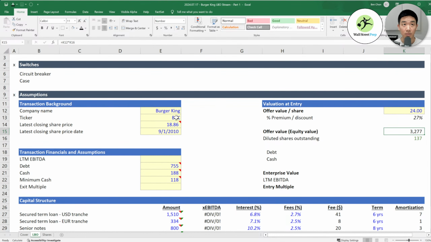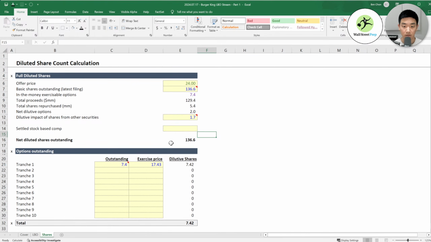Right, but the reason that I'm going to do something different is that normally what you should do here is get your basic shares outstanding plus net dilutive options plus the dilutive impact of shares from other securities.